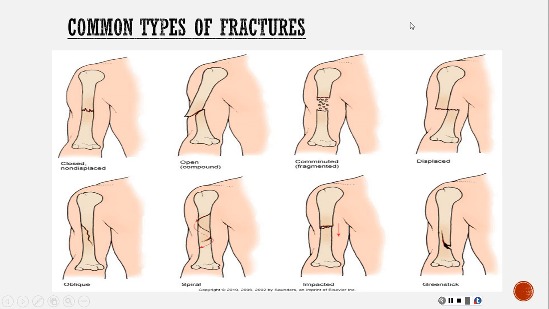All right, next you've got a comminuted or fragmented fracture. Usually some type of crush injury, something like that, that's caused the bone to fragment. These are a lot harder to treat. Usually they've got to put some kind of hardware in place, because at this point, if you look,